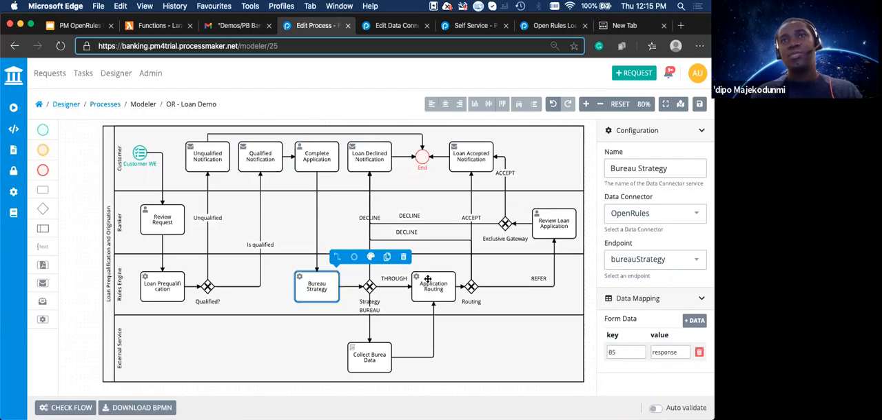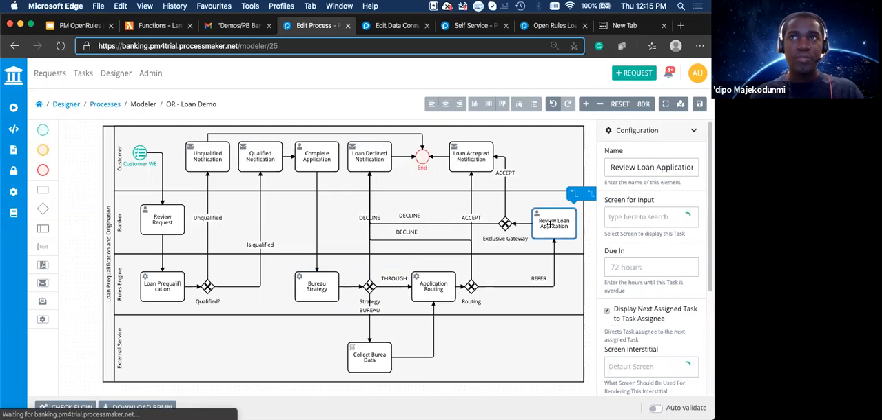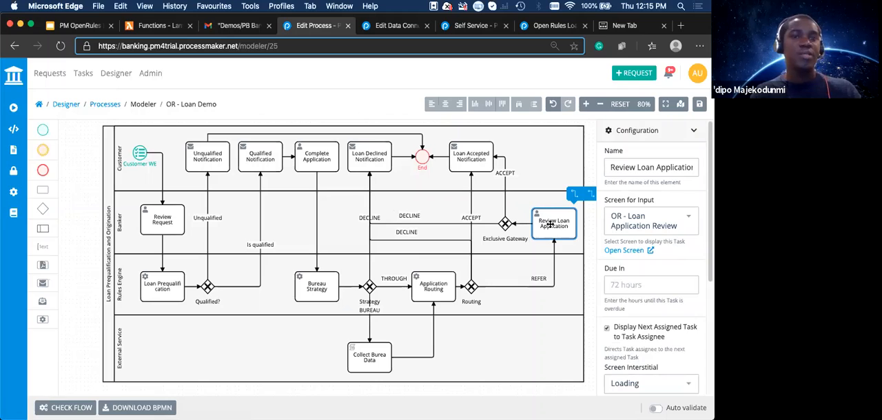This decision could be either to accept the request and we notify the customer that their loan is accepted. We could decline it based on the rules that we've defined and notify the customer that their loan is declined, or also send it to a banker to review the application and make a decision. So having said that, let's take a quick look at how the business rules have been